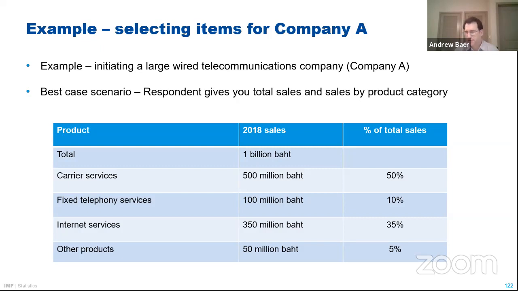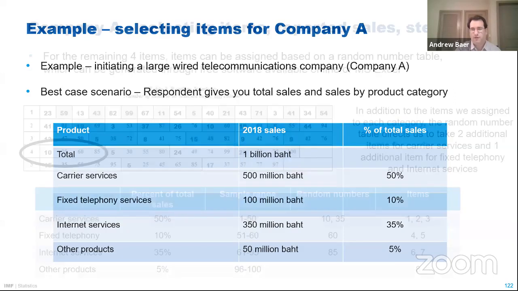Often they won't tell you this. They won't give you all the detailed sales by product. You could ask them to estimate it. That works well too. Say, hey, look, it's not important I know exactly how much, but can you estimate, is it about 50, 20? That can be helpful as well.